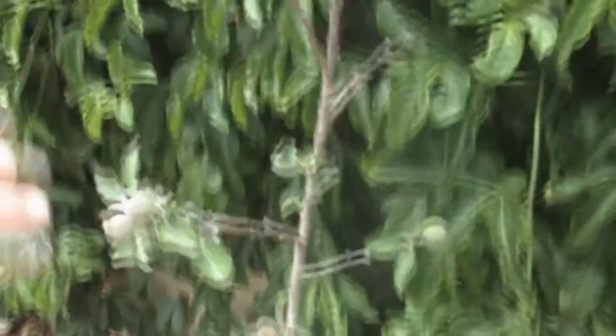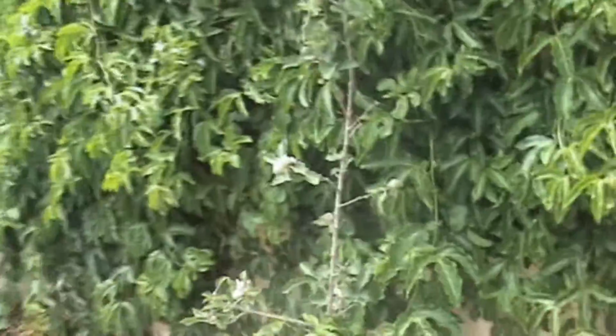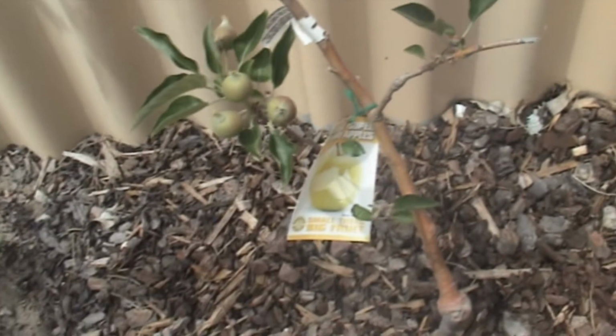This one's getting strangled a bit by the passion fruit, so I've got to keep cutting that off. That was my bad, I planted it a bit close. You can see it's got a bit of a lean going where it's pulling it in. And these two grew fruit last year and then they sort of bent right over and I just let them go, even those have got fruit. So I think this one's Golden Delicious and a Gala. I'm not expecting to get full fruit,